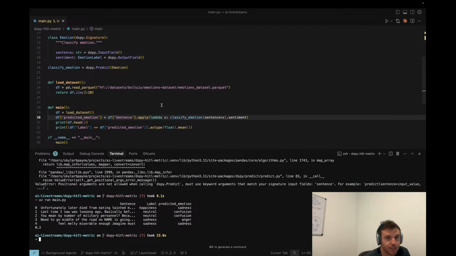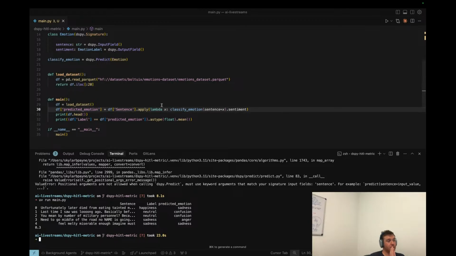Cool. And so I just want to point out, we have a really simple task. Just tell us what is the emotion in the data set. And our accuracy here is only 30%. So already we're doing pretty bad. And so this might be a place where we might want to improve that. And there's lots of different ways we can do that. I think optimizers are often the best way to go about it, and probably most aligned with